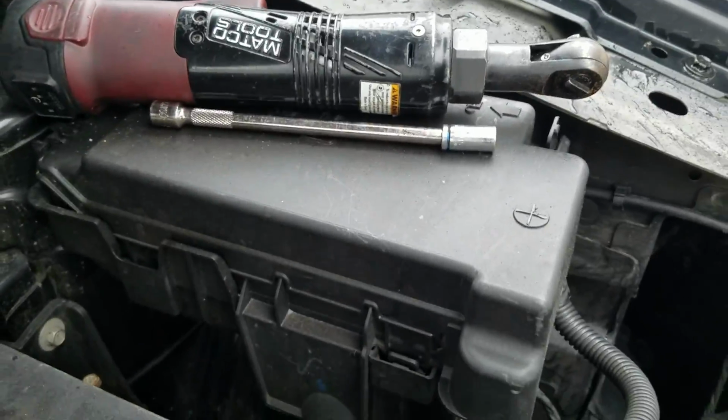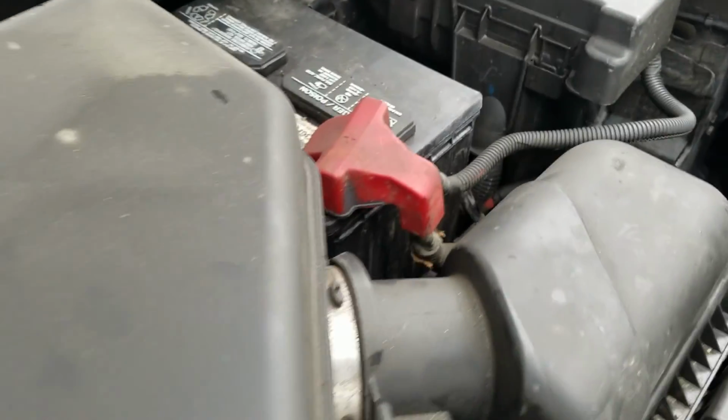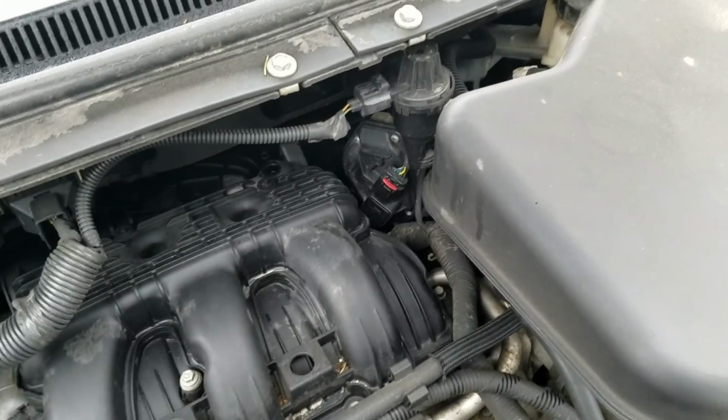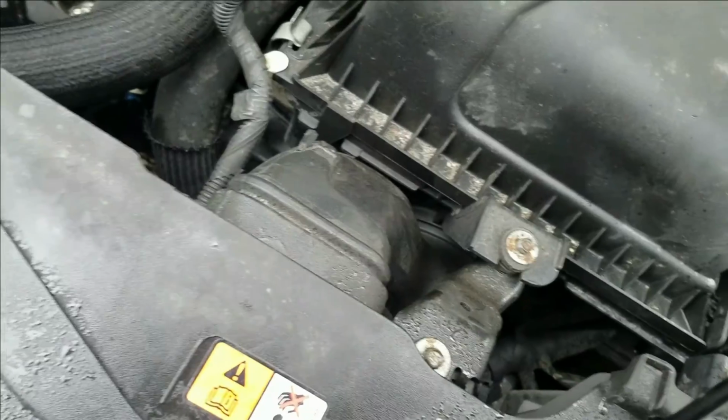I'm going to be using my cordless ratchet, but you could use a regular ratchet with an 8mm socket. And you might need a pair of pliers, and you might need a screwdriver. I don't know yet, because I haven't done it yet. So here we go. First we're going to start off